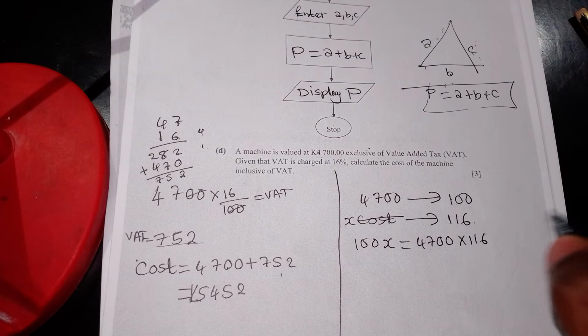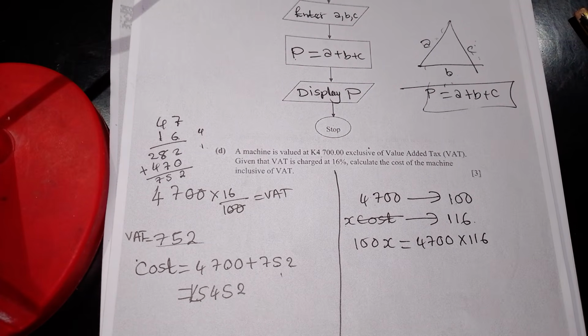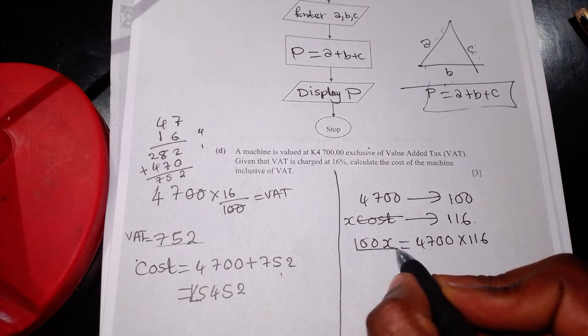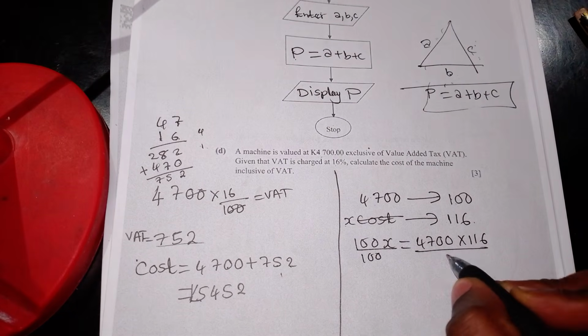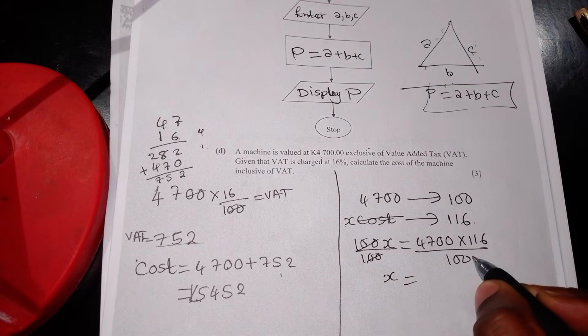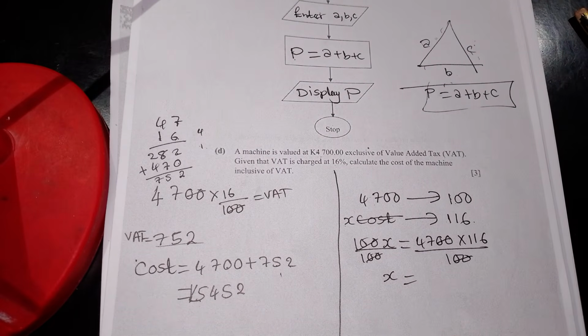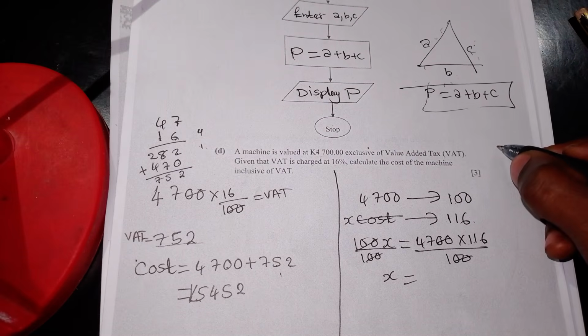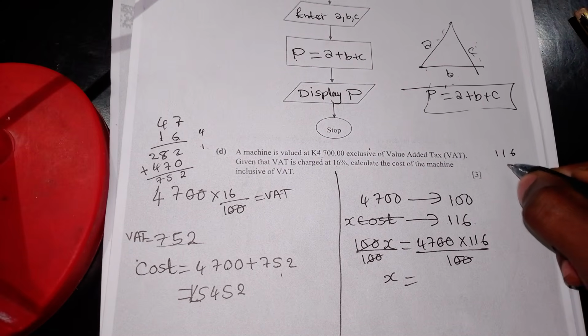So I think in this case, this method is kind of complicated, but let's make it easier. Before we multiply, let's just divide both sides by 100. So that x is, you cancel out these two zeros, and then you have 47 multiplied by 116. So let's multiply 116